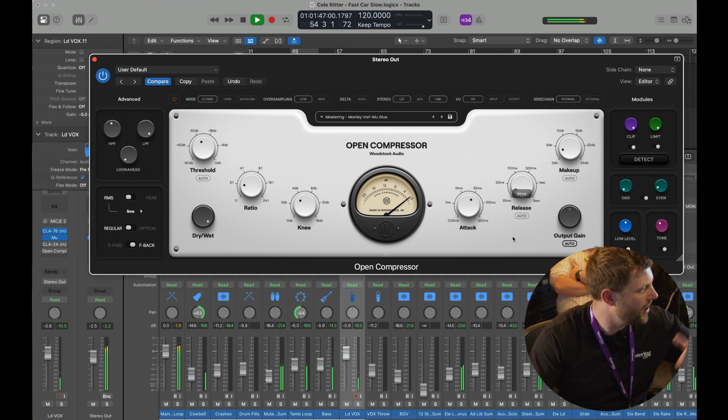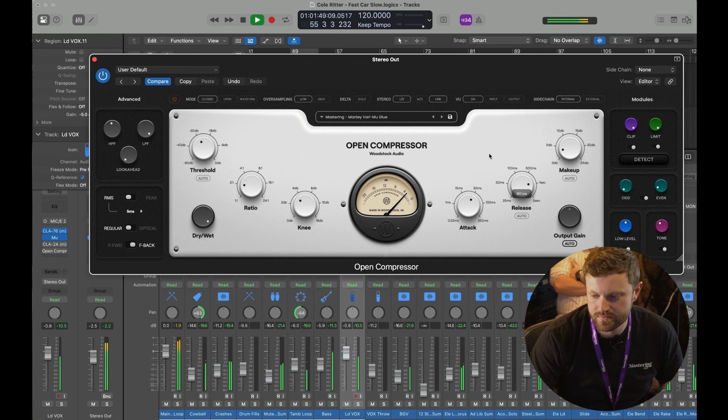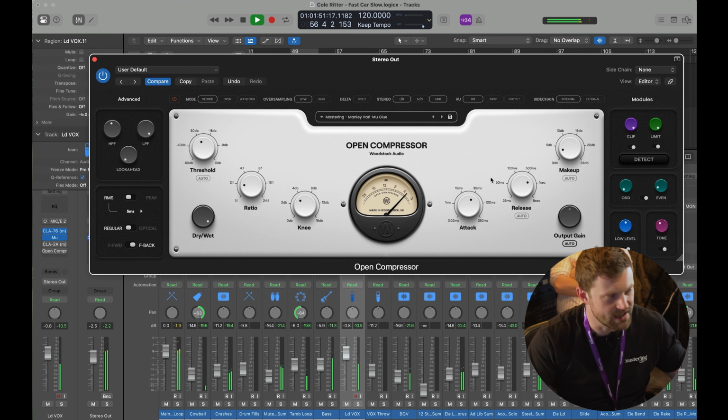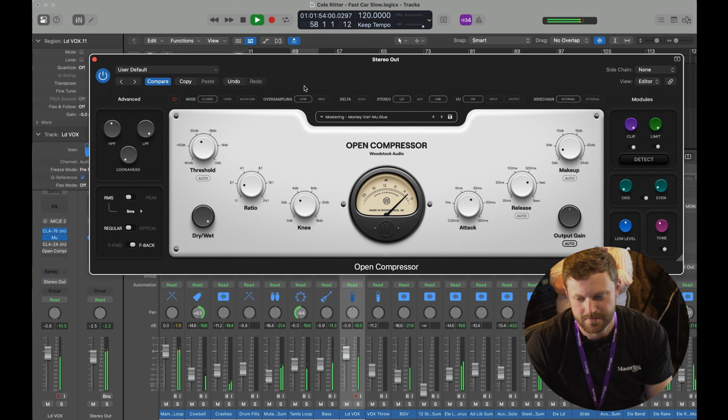You can hear that enhances the rhythm, whereas this gives us a more